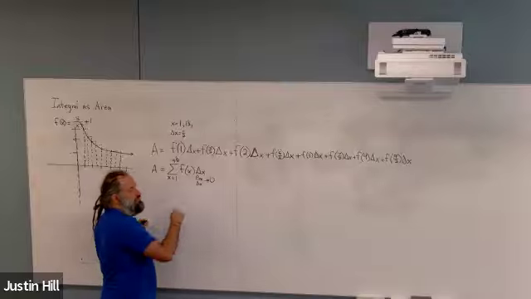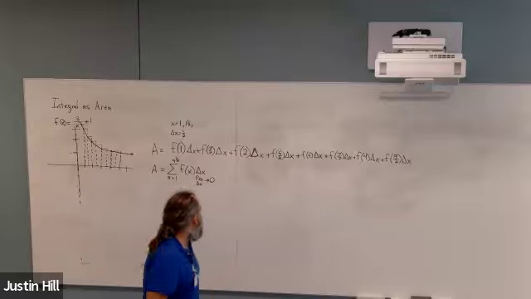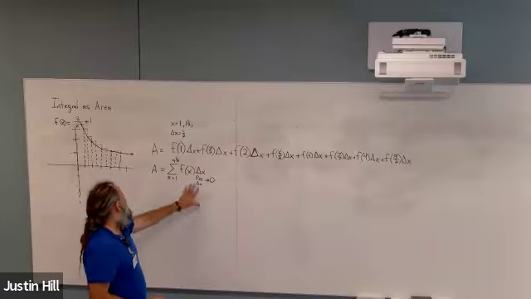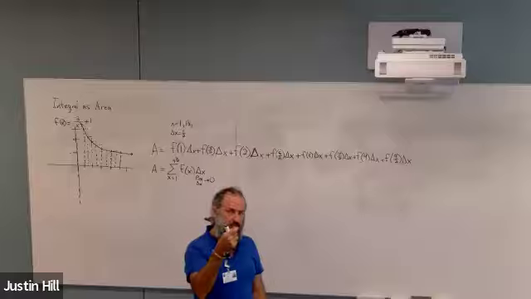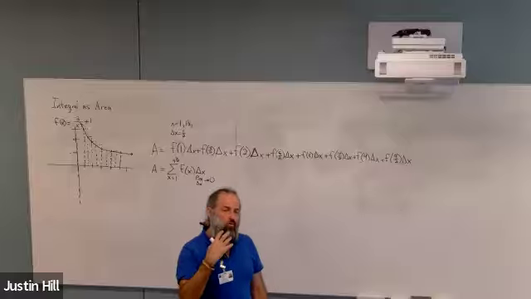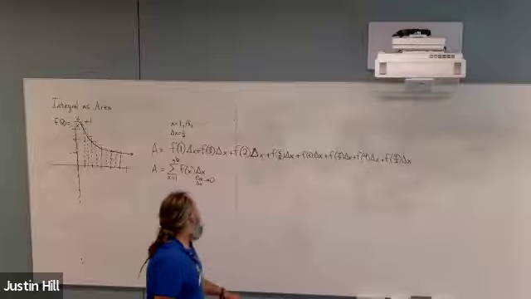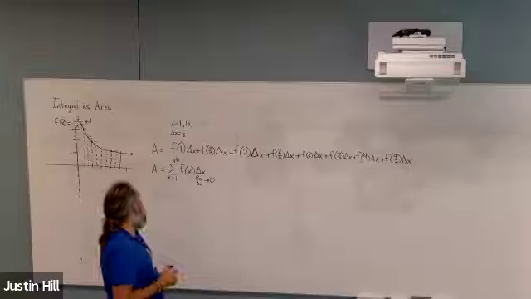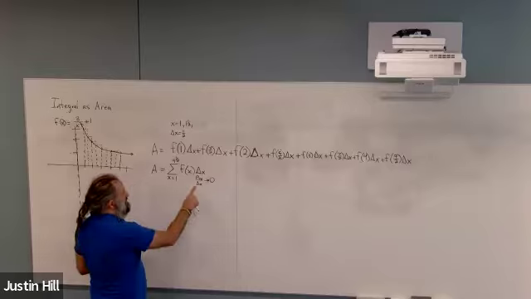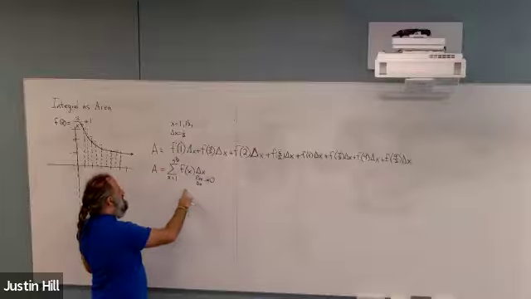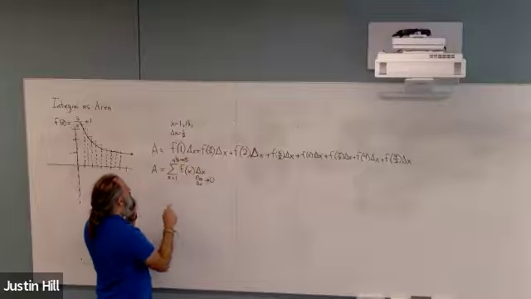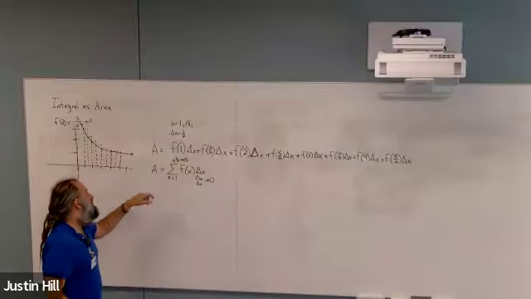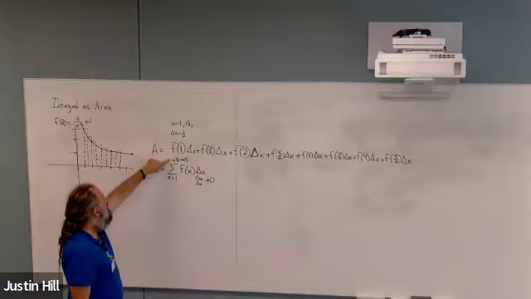no matter what x's you're picking here, as long as you take that delta x and shrink it down to 0, what Newton and Leibniz proved is that you actually get the area under the curve. So the limit as delta x approaches 0 for this calculation. And also as this goes to, in this case, 5, right? Because that's the end of our area. So as the number up here goes to 5,